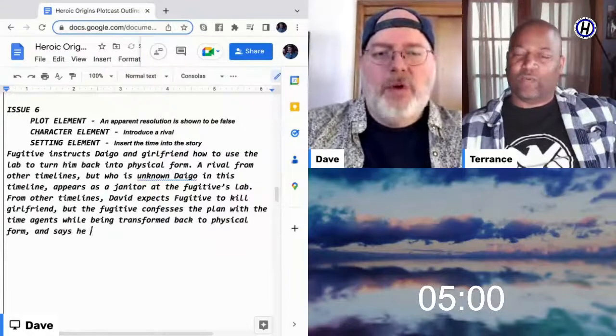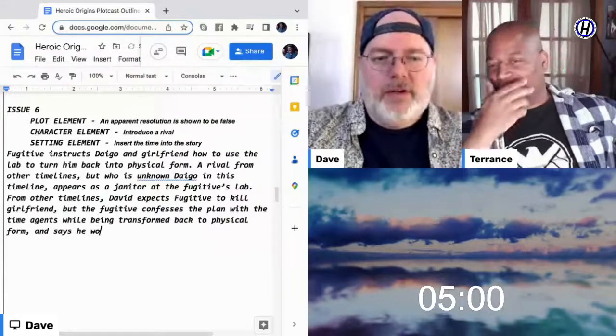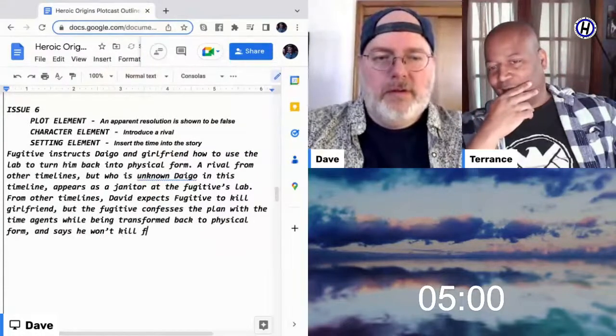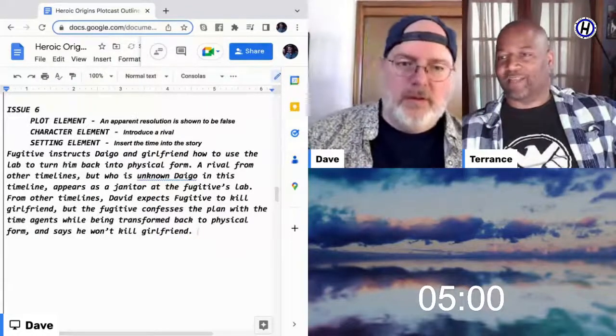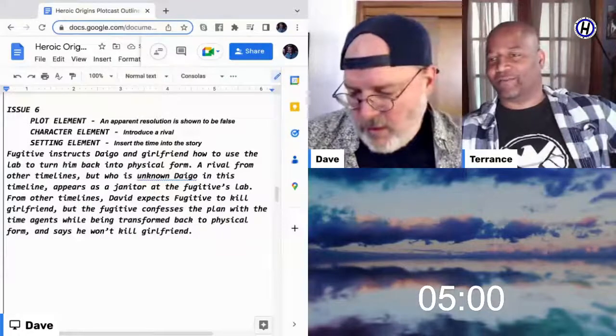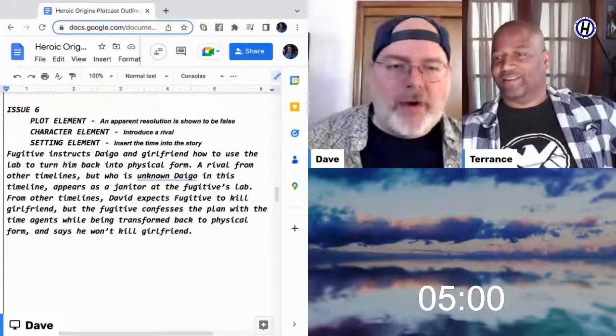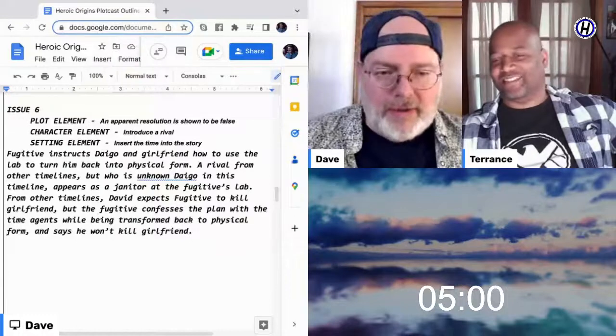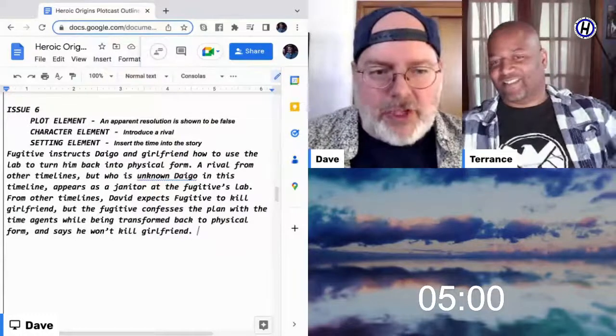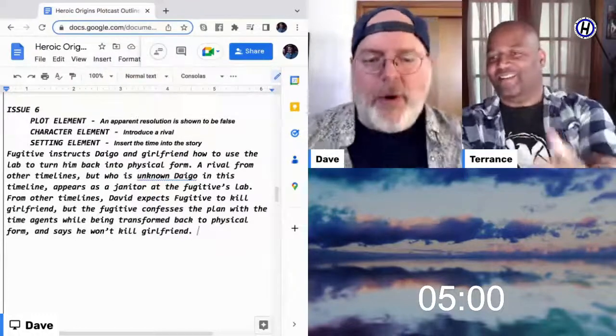And says he won't kill the girl. Yeah, no, what if this rival set up the convoluted events that led to the time cop's death or something? Well, we can reveal that in a different issue. But the point is, what if we did end this story that way? I think the janitor accidentally, in quotes,